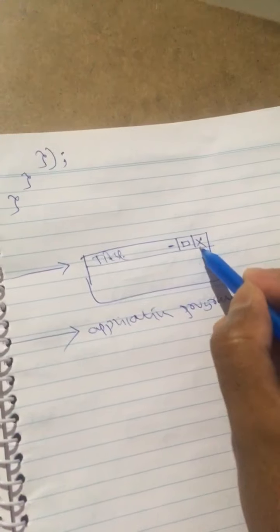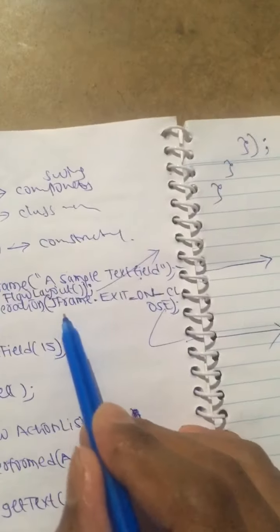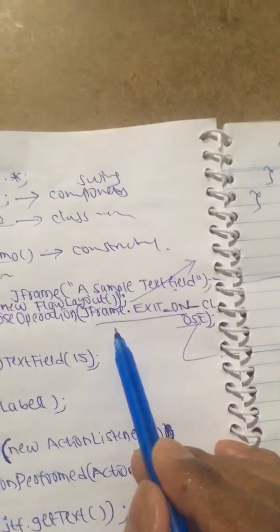In order to close the entire program when the close button is pressed, we need to use the setDefaultCloseOperation method. It contains a parameter. The syntax is like this: